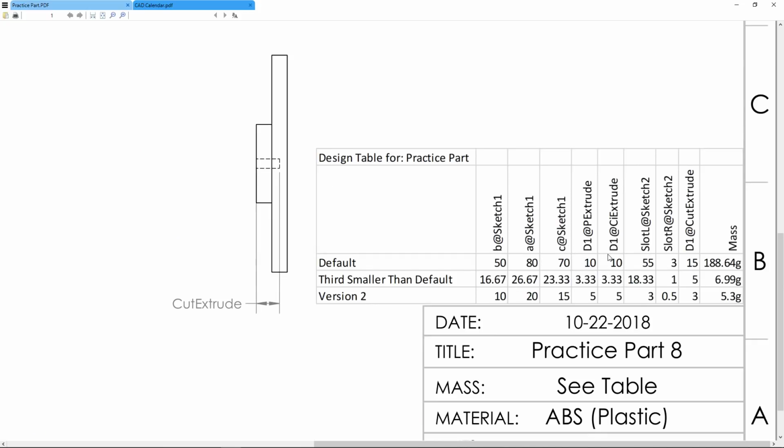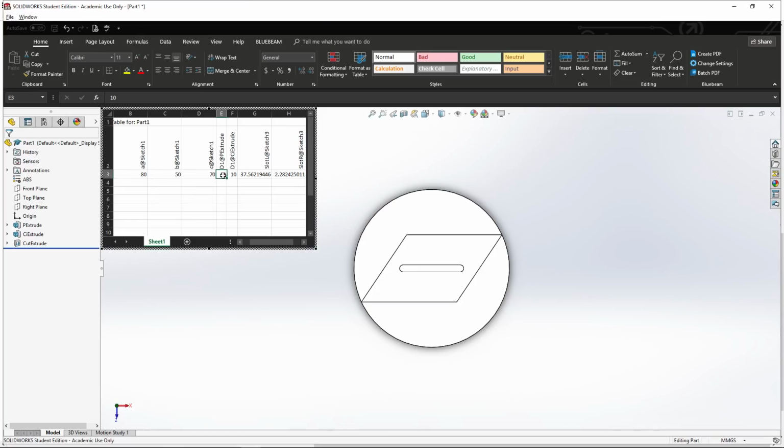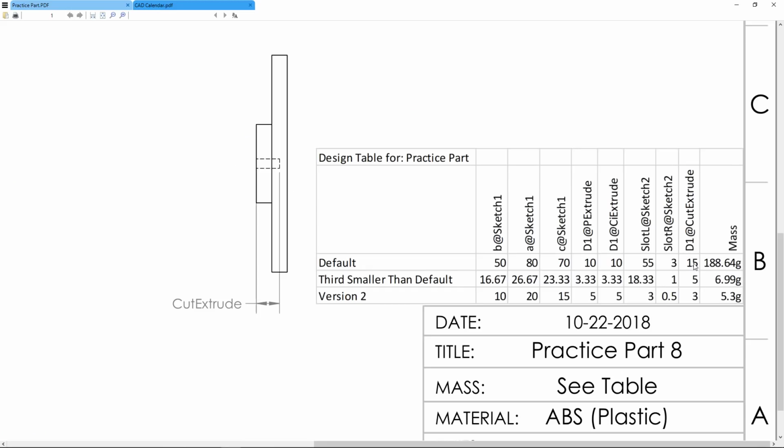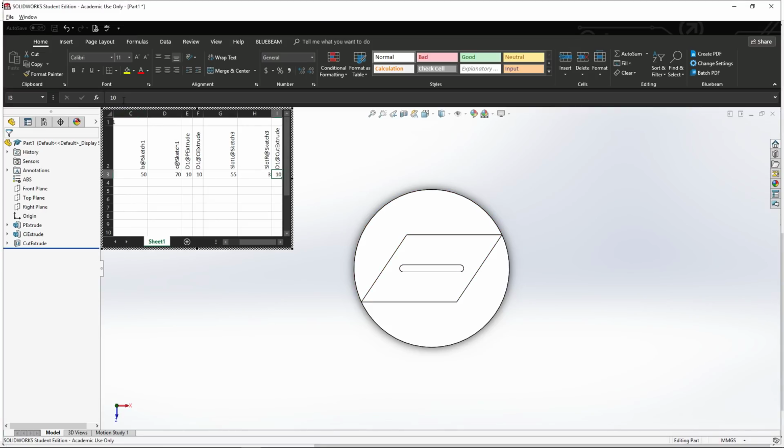That just so happens to be correct. And then this slot length is going to be 55 with the radius 3. 55, radius 3. And our cut is going to be 15. So this is why we went ahead and named them. We can kind of see the variables and the entities that we're dimensioning right here in the sketch. So we can see right here, we're going to have our default